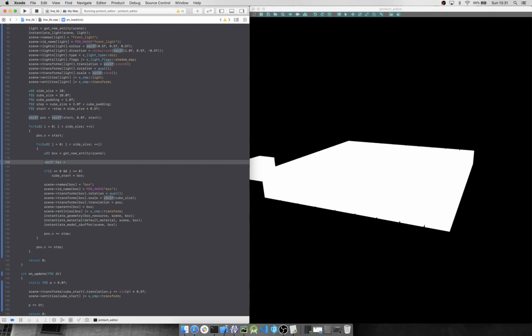Let's see what we got. So we want to set a different hue and then a uniform saturation and value. Maybe go with 1 on the saturation, and then the hue I'm just going to pass in I,